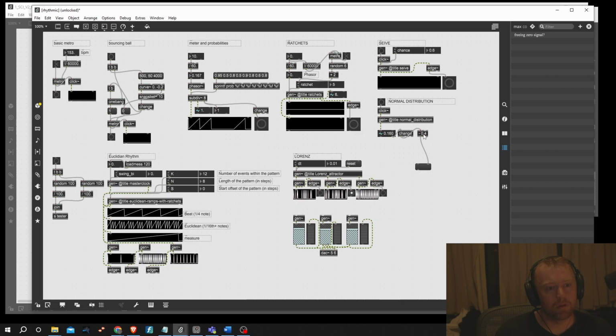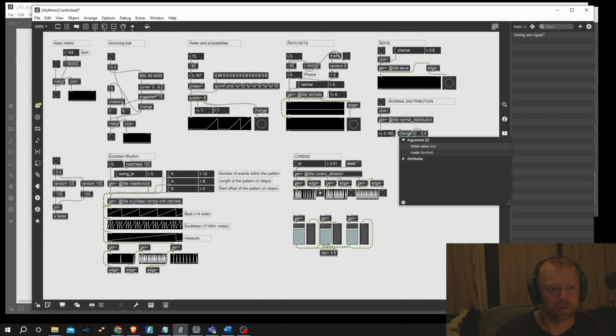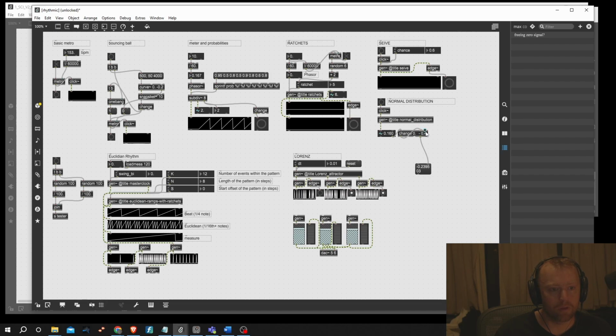Let me see, hold on, -0.4, oh right, the change object needs to be told about floats. So I want things to tend to be around 0. All right, it seems to be, let's do -0.3. Okay, that seems